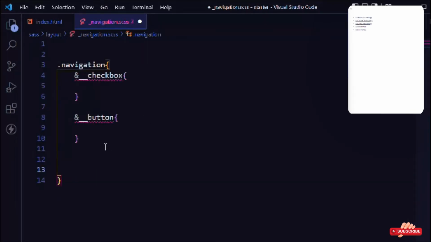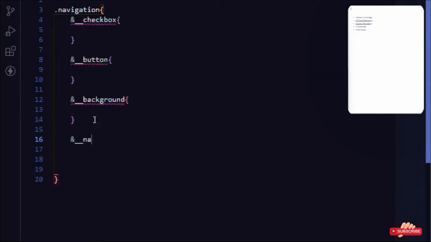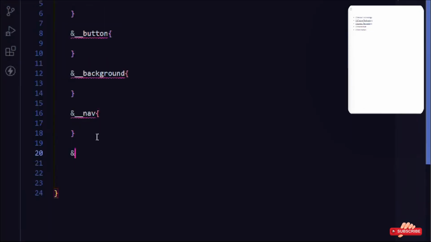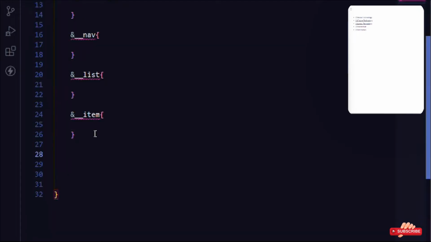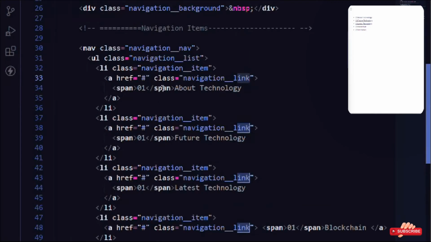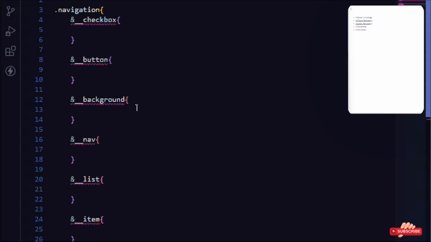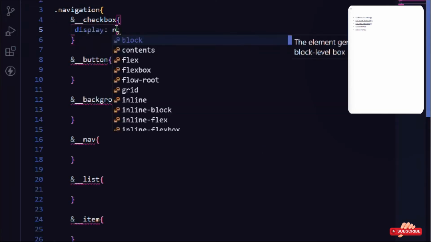So let's zoom a bit, and this is called background, nav, list, item, link, and inside that we have a link or visited. So these are the things we have selected. Okay, so the first thing we have to do for the checkbox, display is going to be none for the time being,